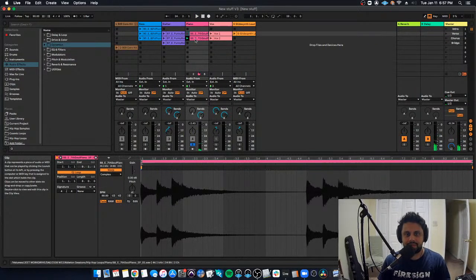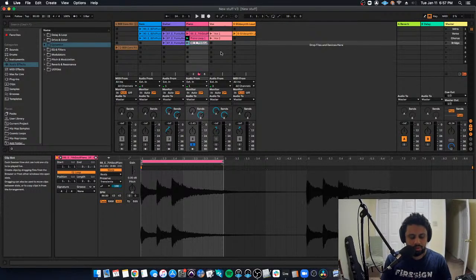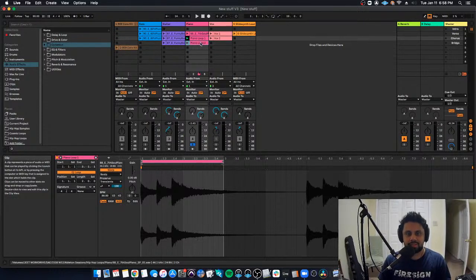All right, so suppose we have this loop, and we have a copy of it. I'm just going to call this piano loop 1, and I'm going to call this piano loop 2. So you have the same loop, just copied over. These two are exactly the same, right? Now check this out. If I go to piano loop 2 and I load it up over here,